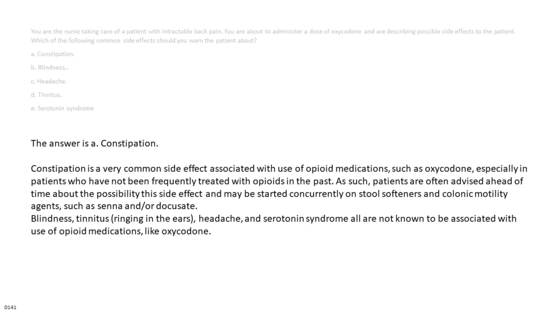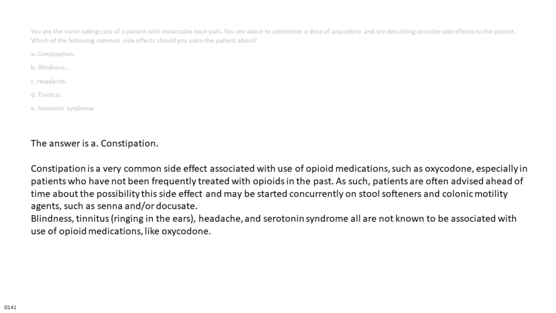The answer is A. Constipation. Constipation is a very common side effect associated with use of opioid medications, such as oxycodone, especially in patients who have not been frequently treated with opioids in the past. As such,